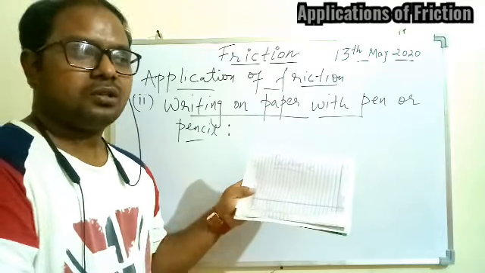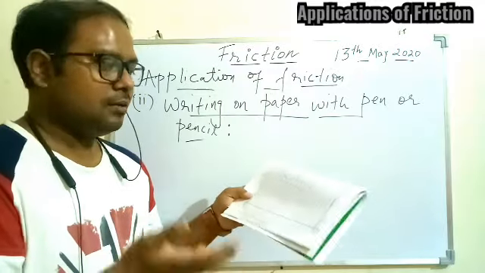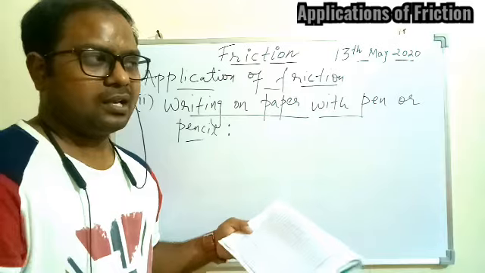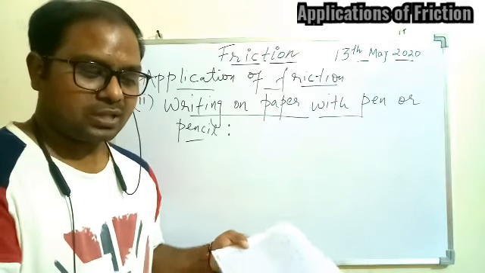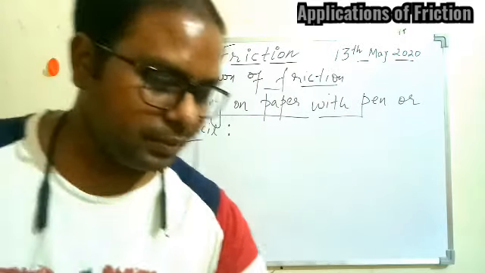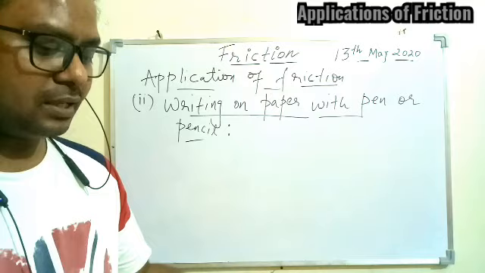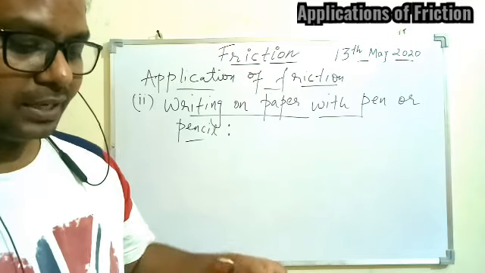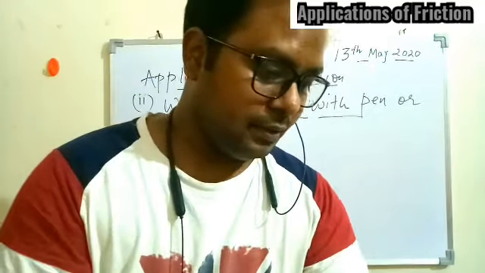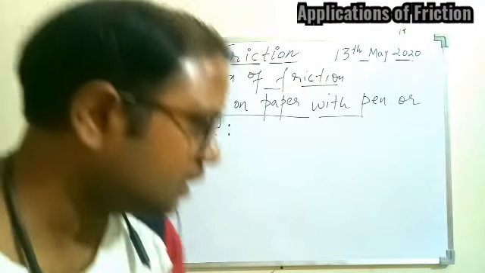So you know, if you try to write on the oily paper, butter paper, it is very difficult because the friction is very less, because most of the irregularities are filled with some molecules, so that can be filled with any liquid molecules. So that is the second thing that we understood here. Now let's take the other example that we have, so I hope this part is also clear.